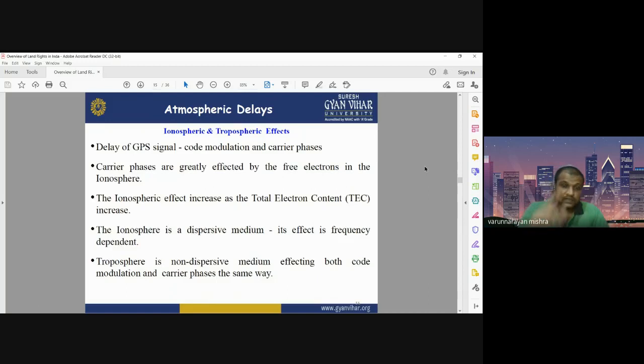But there is an advantage of using this kind of study. By using the delay in the GPS signal, we can study the concentration of electron content also. Reversely, we can use this information to get the ionospheric condition. It is affecting the GPS signal, there may be a delay in the GPS signal, but that delay may also be used to study the ionospheric condition. The delay may also be used to study the total electron content in the upper atmosphere.